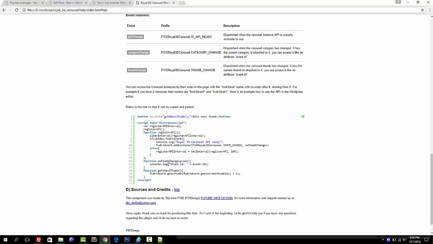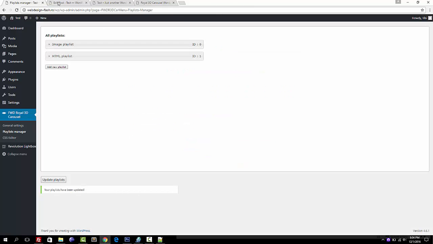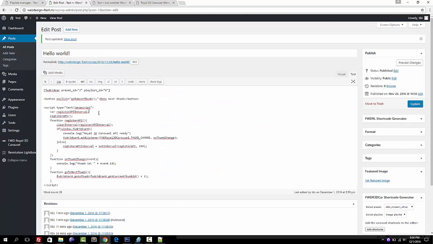Only that when this button is clicked, the carousel will go to the next thumbnail, and an event thumb change will display the event ID, the thumbnail ID. So you can just copy this, and here in the post I've already pasted the code from there. So update,